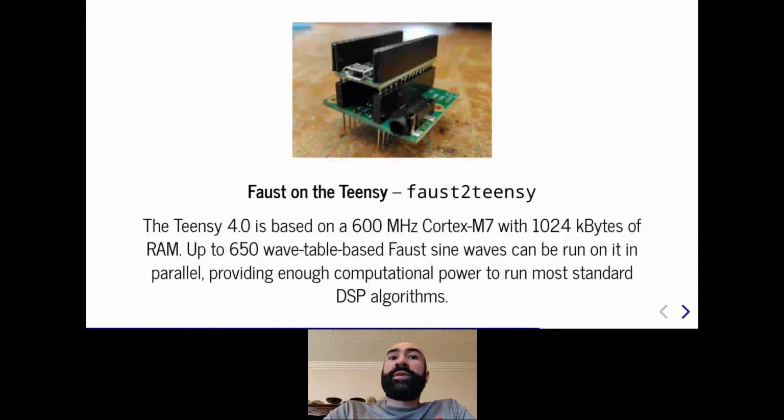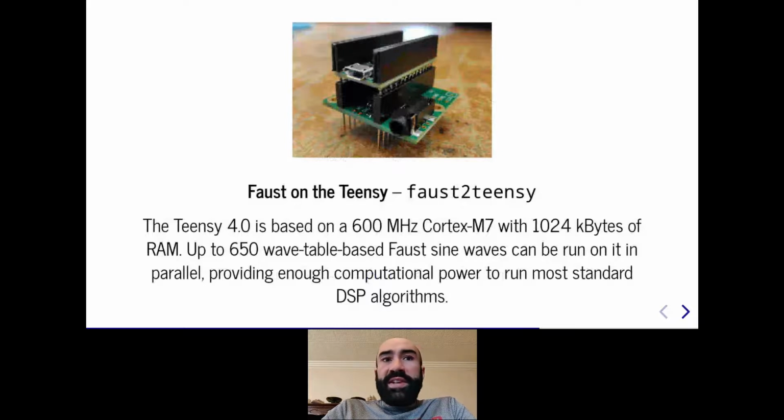PJRC also distributes an audio shield, which is essentially a breakout board for an audio codec, and in that case it's the SGTL 5000, if I remember correctly, compatible with most Teensy boards. This allows us to add a proper stereo input and output to the Teensy. Faust has been supporting the Teensy for over a year now through Faust to Teensy. Various optimizations are carried out to take advantage of the Cortex-M architecture. Because of the limited amount of RAM on the Teensy, Faust only provides basic features for this platform. For example, polyphonic objects cannot be created yet.